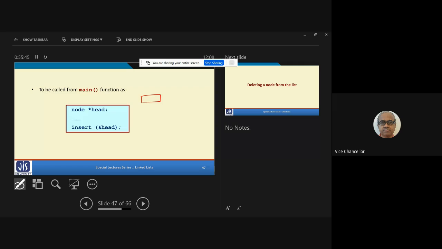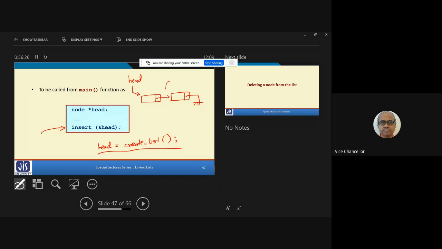You see, I am inserting a node, right? Let's say there are 2 elements in the linked list, and head is pointing to my first element. So what I say is that I have already done something like this: head equal to create list. Then we are calling insert. Now, inside the insert function, I will ask the user to enter a roll number. Before that roll number, we'll be inserting the new node.